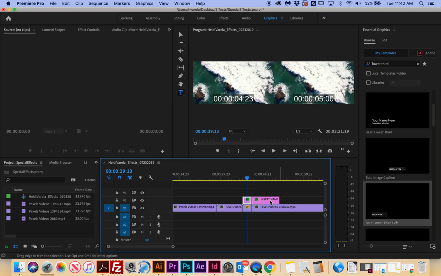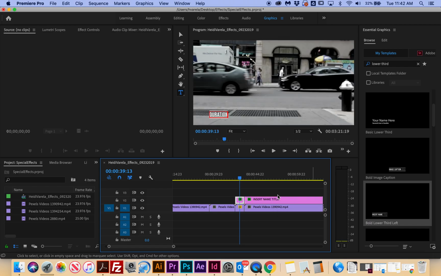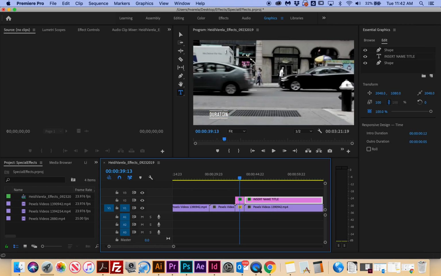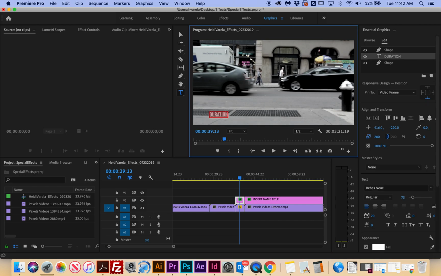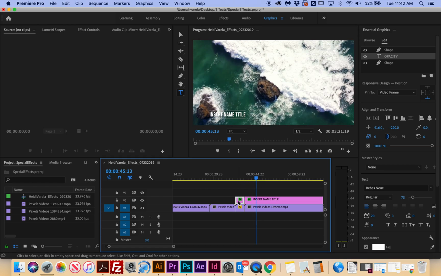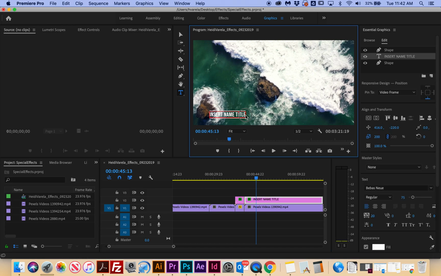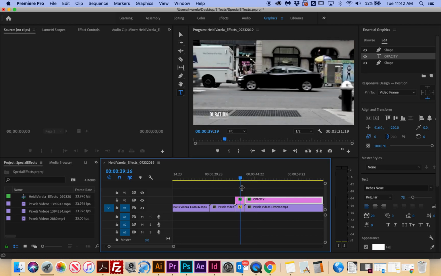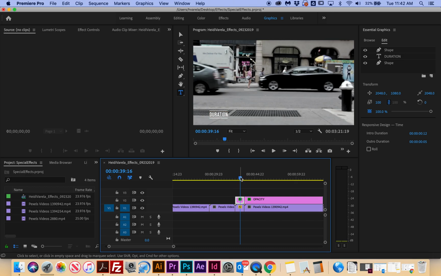You can make it as long as it's necessary. Then again, I'm selecting it with the type tool and saying this is maybe opacity or something like that, whichever one it is. Notice that the lines are becoming as long as that. Oh, well, I did it. Make sure that you pick the next one, and I just changed the same one. Oh, geez. But notice that the line is as long as here. So now I'm going to go back and change this one. There it is, duration. Okay, so